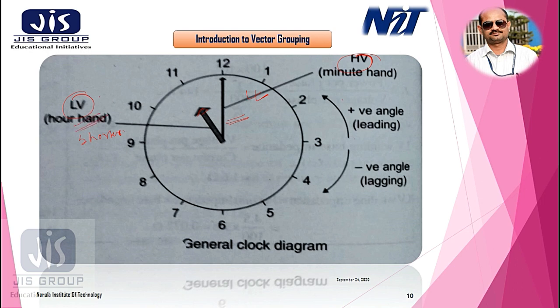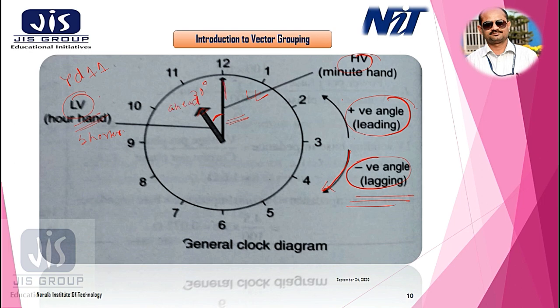The anti-clockwise rotation is taken as positive or leading, and clockwise rotation is taken as a negative angle or lagging. That's why we said in our previous example that YD11 is 30 degrees leading, or ahead,